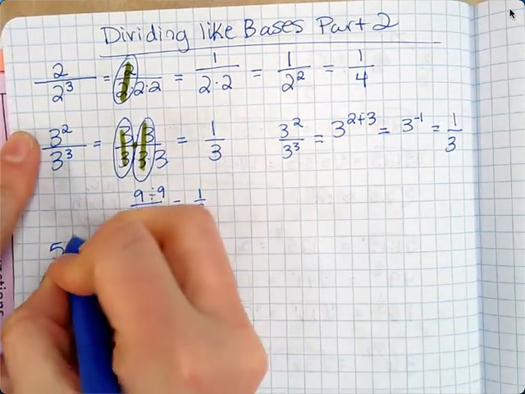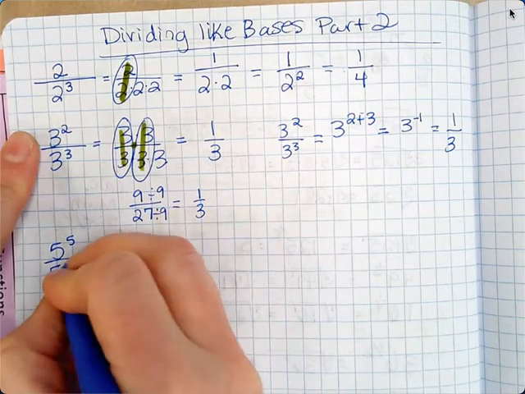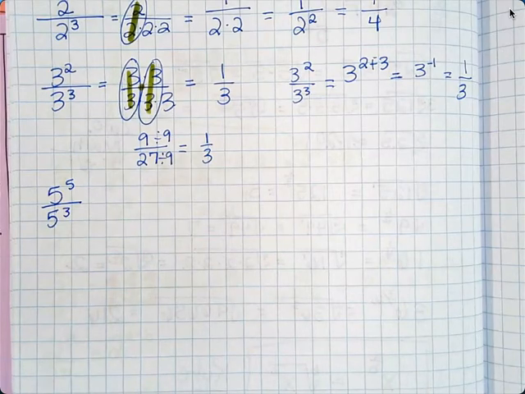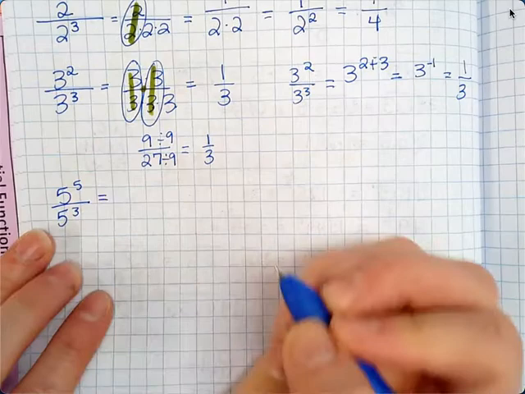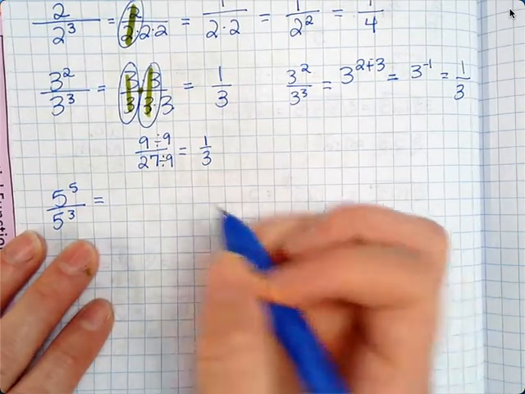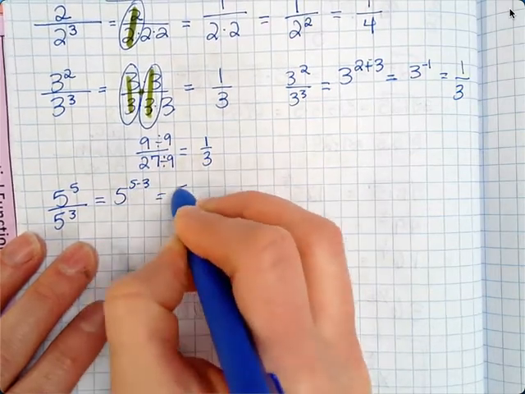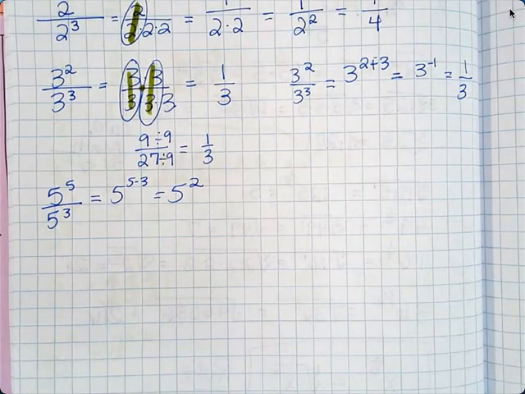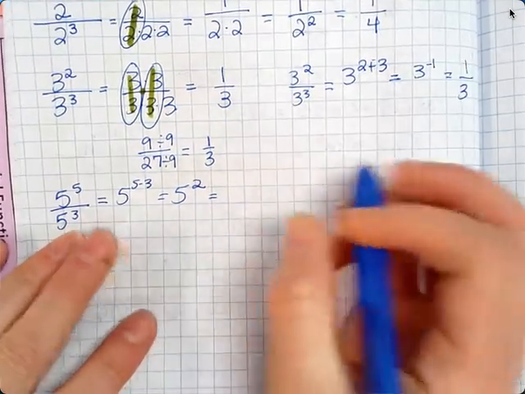Let's do 5 to the 5th over 5 to the 3rd. Using, not expansion, using the subtraction rule. Dividing like bases, you subtract. So how do we get the solution to that? 5 minus 3 should be 5 to the second power. Which in turn equals